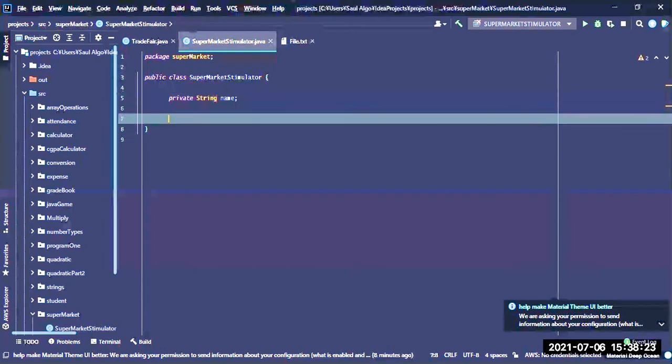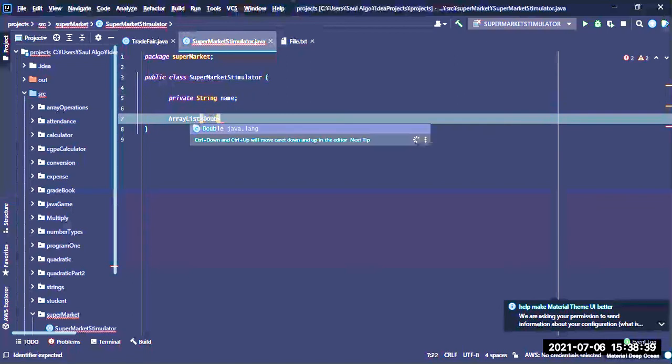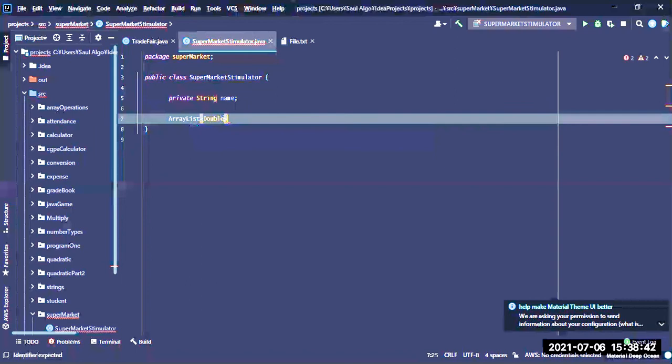Then down here, what I need is to add my array list. So I can say ArrayList. The first one will be a double to store the prices or the amount. So I'll call it double. I need to give it a name. This is the type here, ArrayList type, and the name comes after it. So the name here will be amount, or let me call it cAmount. Is equal to